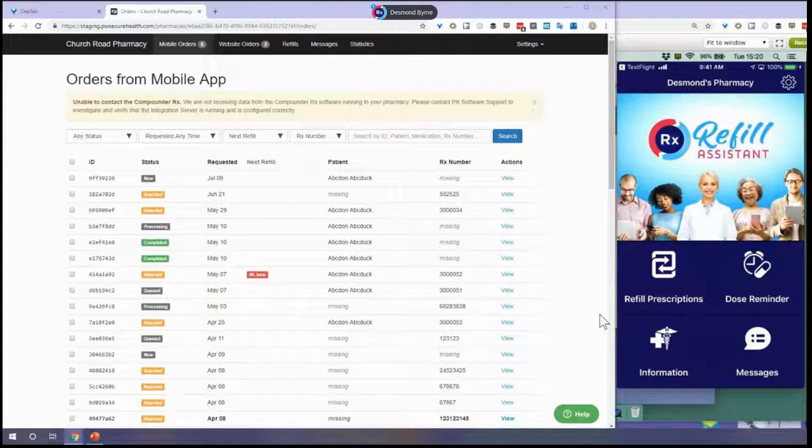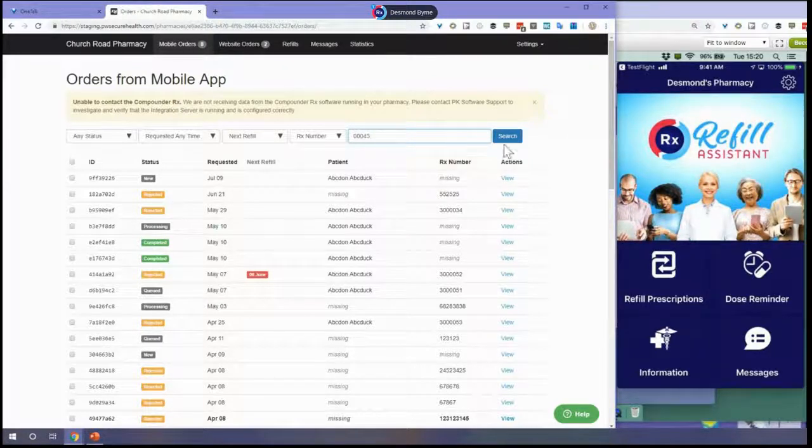So, sometimes this just happens. It just needs to be switched off and back on again. You might have changed server, or you might have changed the configuration, or something could have happened, and this message pops up. If it does, please contact PK support, and ask them just to verify the integration server, and they'll know immediately what to do and they will deal with it. So I'm just going to go through a few scenarios here that I wanted to show you